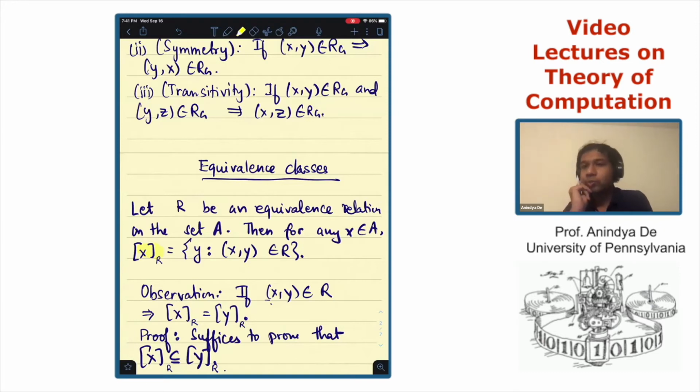Why is this true? So observe as a standard,